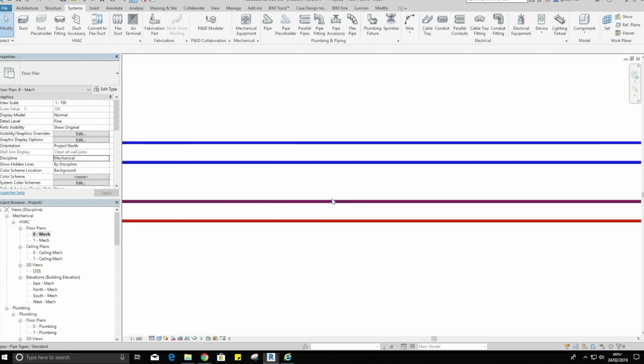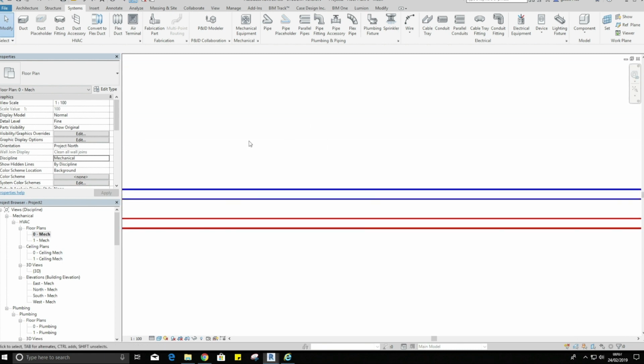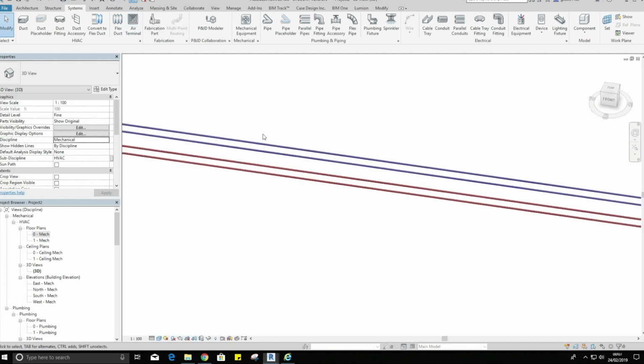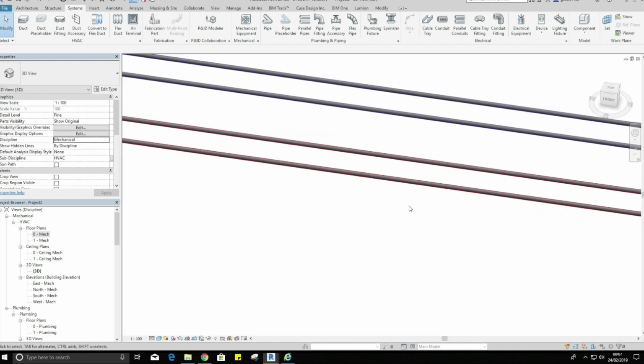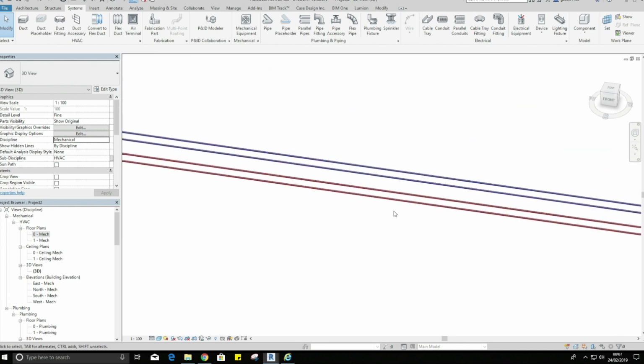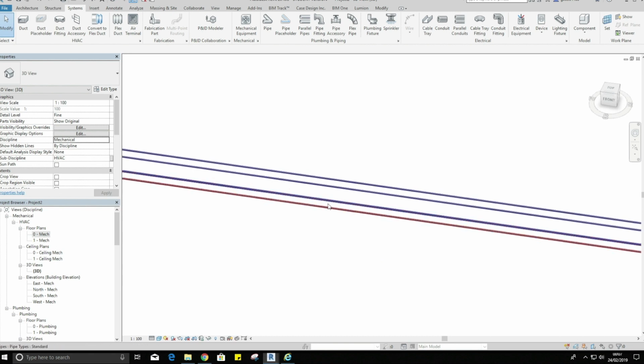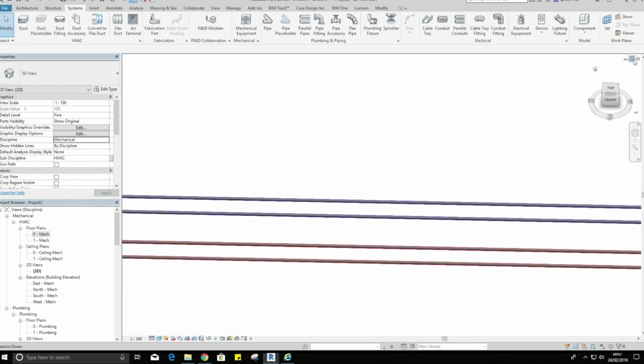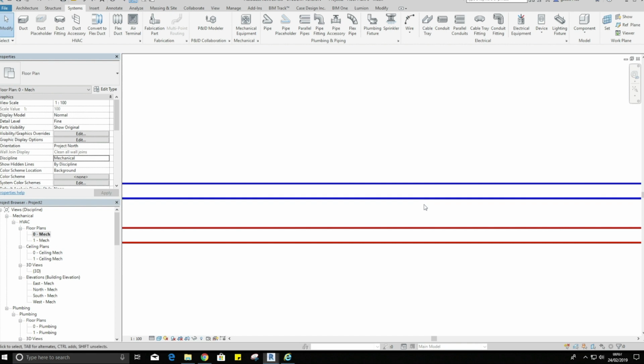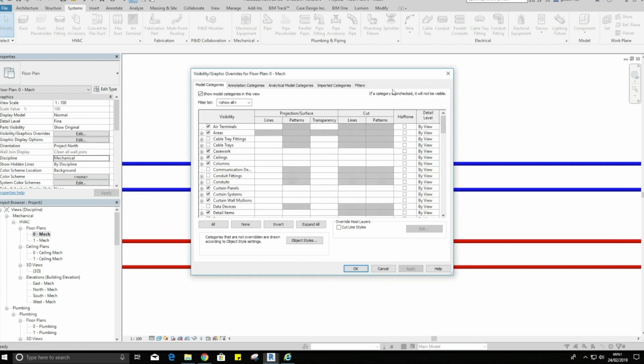Now you can see that looks pretty good. But now when we go into our default 3D view, you can see our filters are gone and we have to add them again. That can take a lot of time if you're using a lot of views and you can't set up a view template, but I find it easier to do it another way. So we'll go back into our plan view, we'll remove our filters,